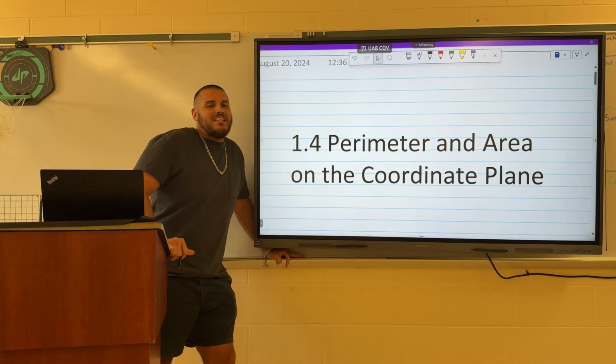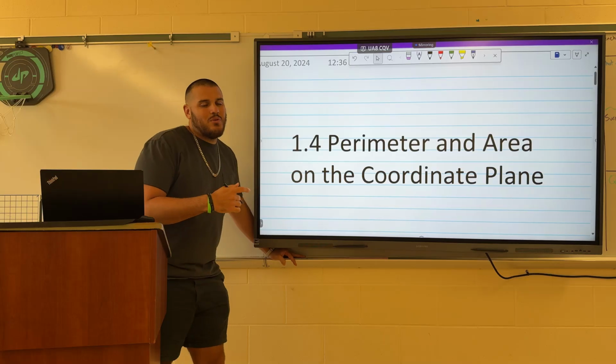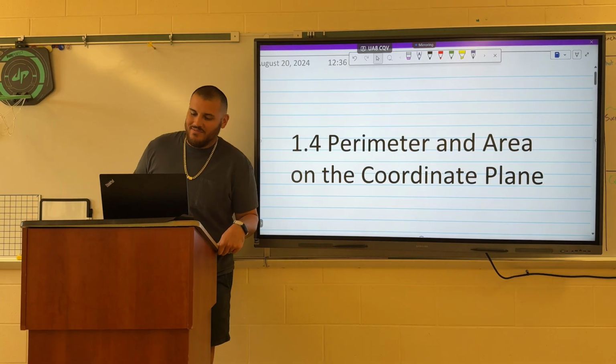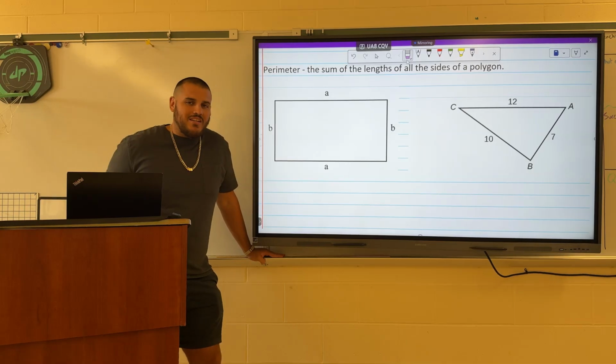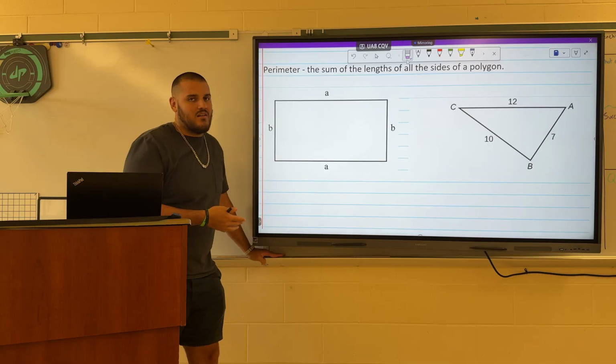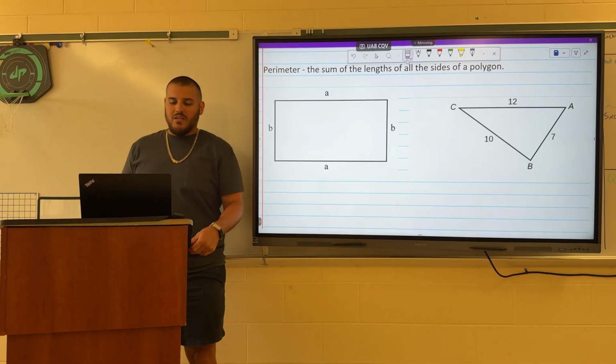Aparicio's geometry course. Today we're going over section 1.4 on the perimeter and area of polygons on the coordinate plane. Perimeter is the first measurement we're going to discuss today, and it's simple enough. It's just adding up all the sides on our polygon, getting the sum of the lengths of all of those